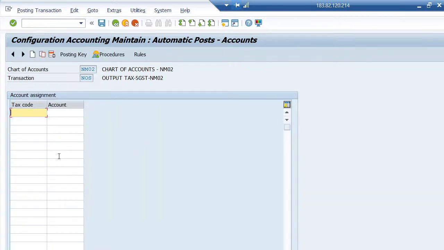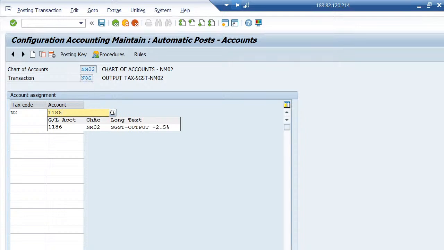Here tax code is N2 and ledger number is different. See, under one account key you can create many tax codes. Save,